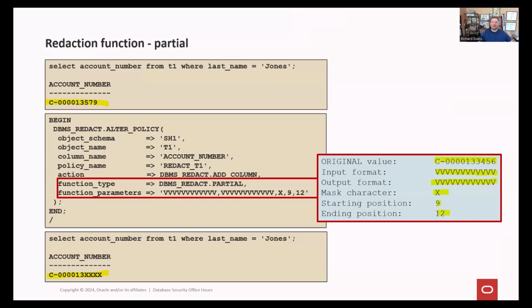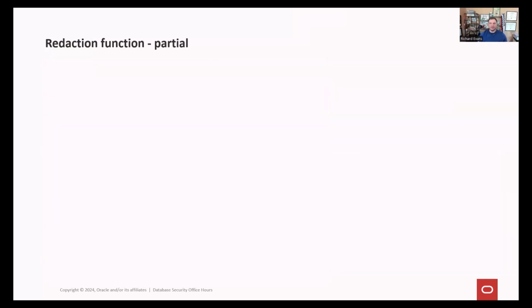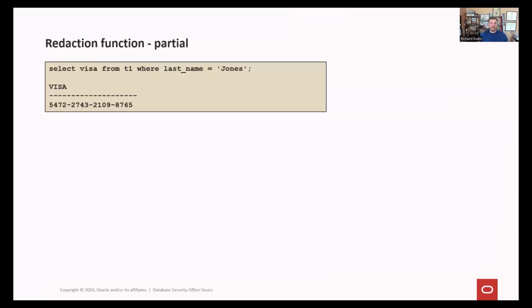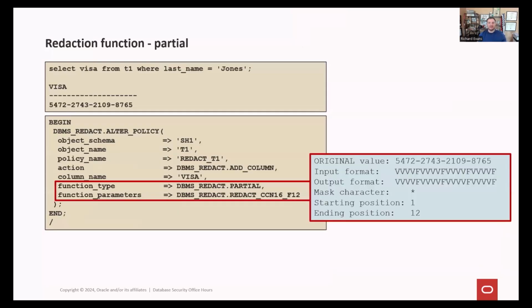So sometimes you have to play with it a little bit, right? You have to kind of get used to how you want to do it. But if you're doing it on a column data type that is something we know, like a visa, for example, here you can see that the functional parameter isn't something that you specified here. It is something that comes out of our built-in library. So we've got a built-in library of some of these most common functions that you can use on your data.